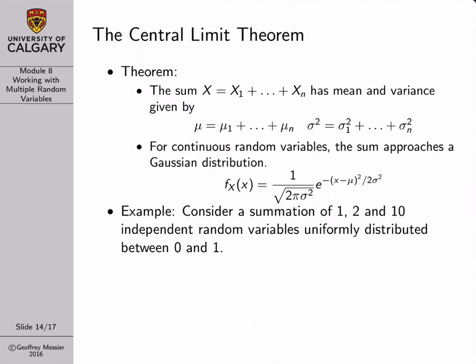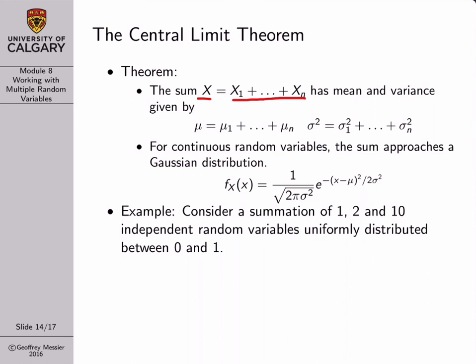I should say here that if you really are concerned about whether or not you've got enough random variables in your summation to approximate it as Gaussian, this is where goodness of fit techniques come in. You would basically just take your summation and apply a goodness of fit test on it to see if it can be accurately represented by a Gaussian random variable. So to be specific about the theorem, let's say we've got a sum x, which is equal to the summation of n